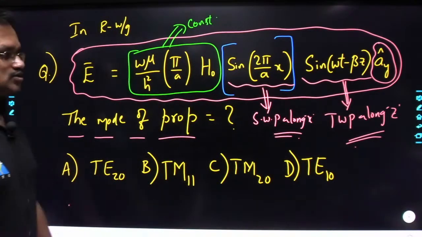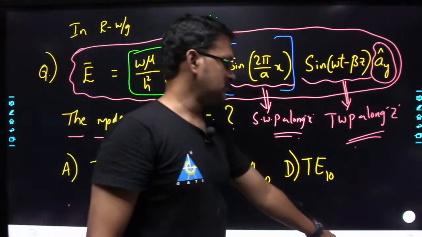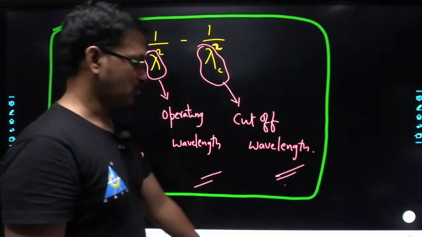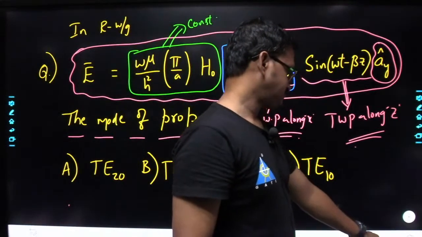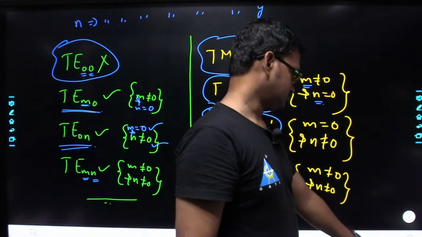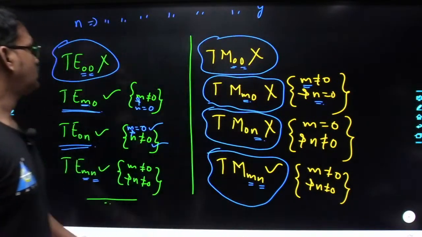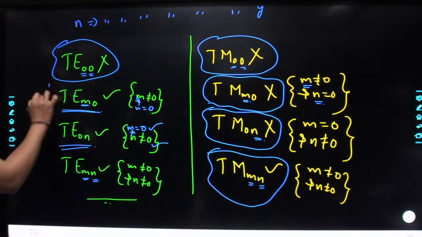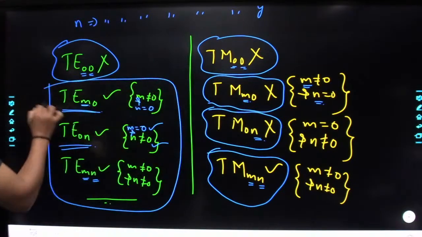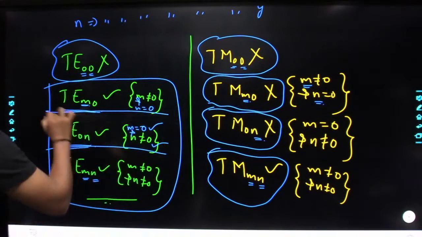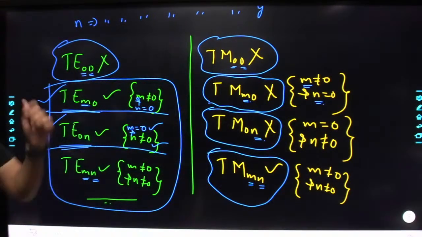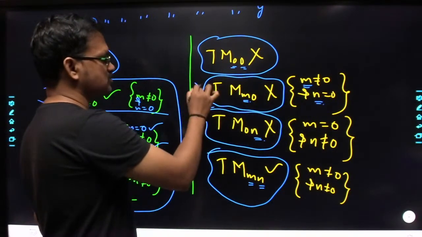So only one standing wave pattern is possible only in case of TE mode. Whereas one standing wave pattern is not possible in case of